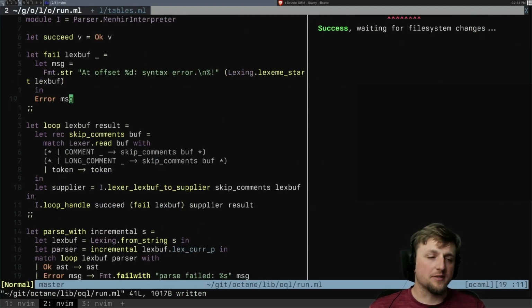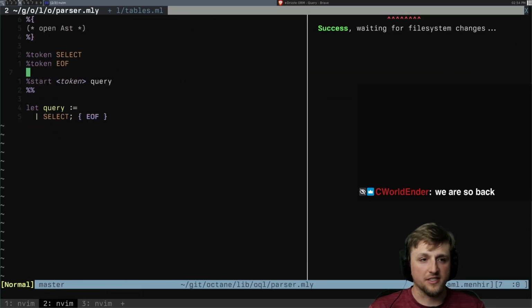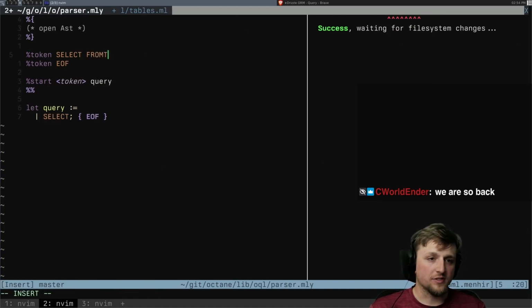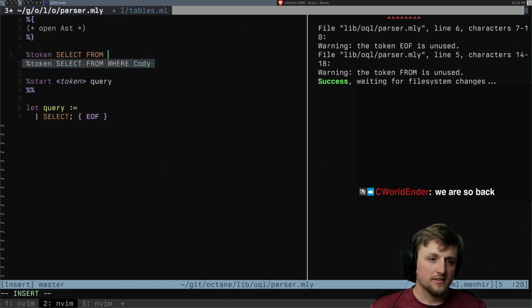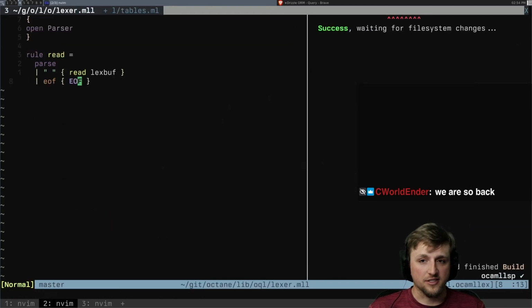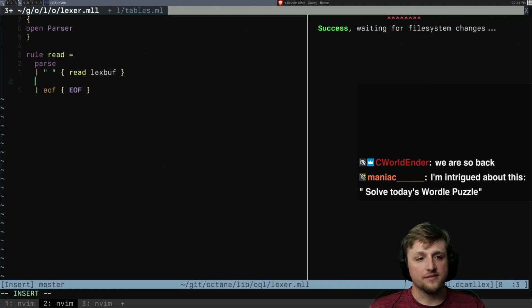So now we need to write something that lets us basically do this selection. So let's go to our parser here. And we have stuff like token, we have from, we have, so those are our first two ones that we want to do, right? So we go to our Lexer here, and when we see